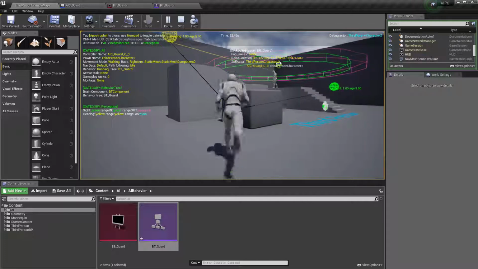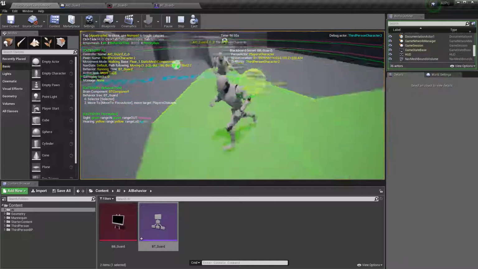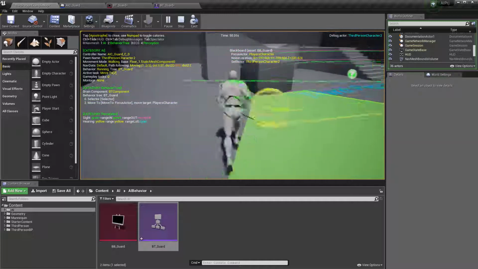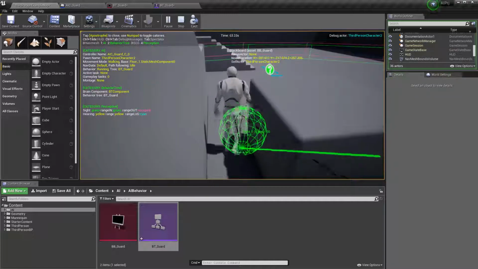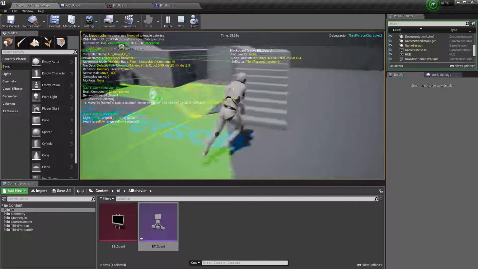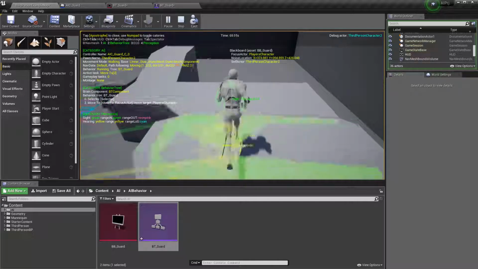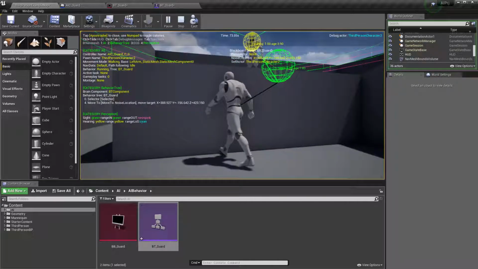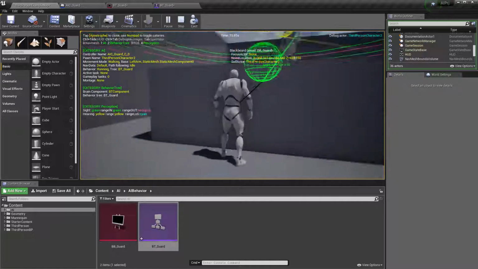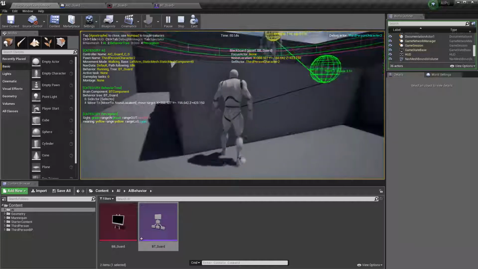So we have many different locations, but the AI will, oh, the AI lost sight of us. So there is actually a problem. Let's say the AI is chasing us, and suddenly the AI loses sight of us. Yeah, like this. The AI will no longer be able to go to the here location, because